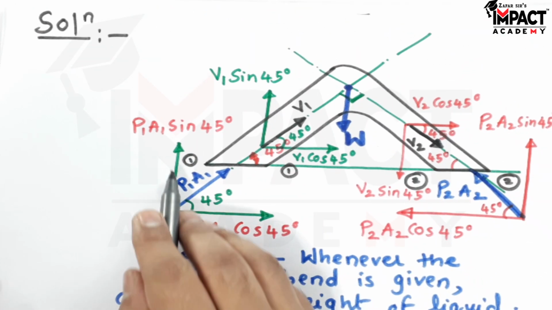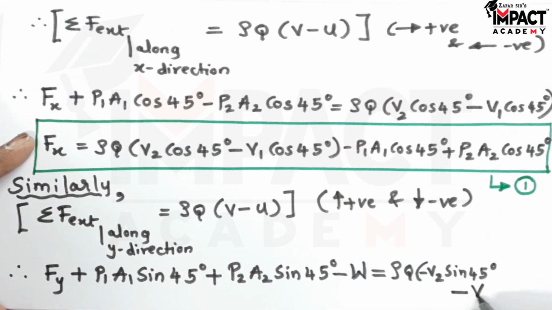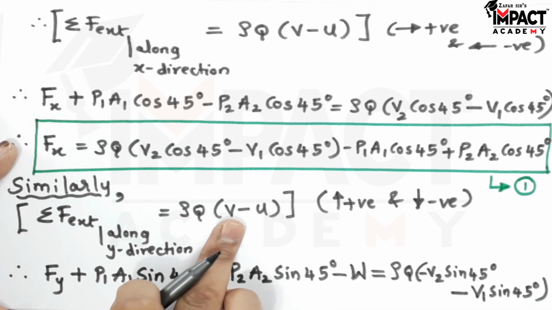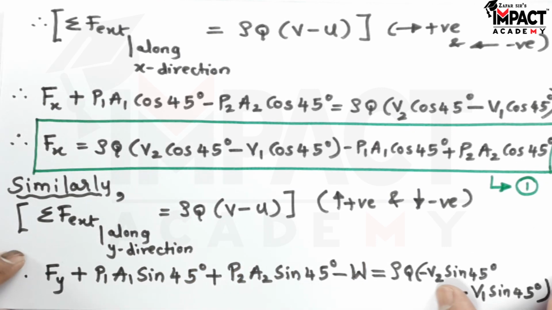So initial velocity along y was V1 sine 45 acting upward, so positive. So here we have V1 sine 45 degree, and this is not negative. Here in the formula itself we have a negative sign, so that we have to take care of. Finally, I want Fy, so shifting all the terms onto the other side, and for that the equation would be